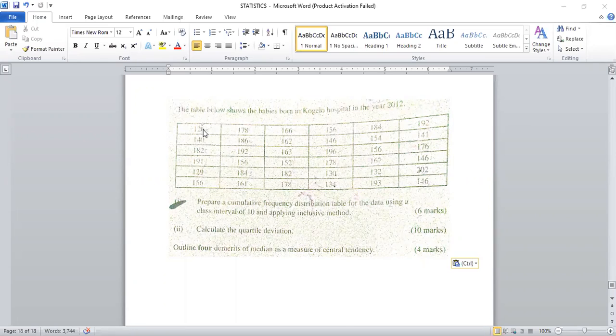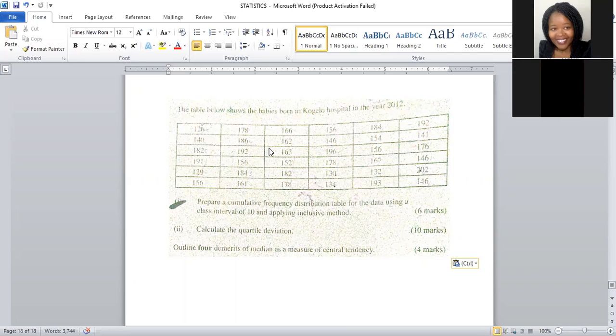The minimum is, we have 126. Is there a figure which is less than 126 here? I think the least figure here is 126, and the maximum is 146. No, not 146, but 202. Yes, that is correct. So meaning, if we want to use the inclusive method, and our first figure is 126, and our class interval is 10,